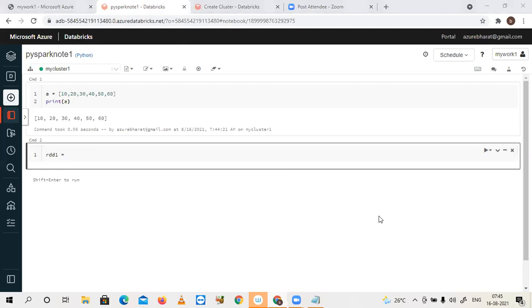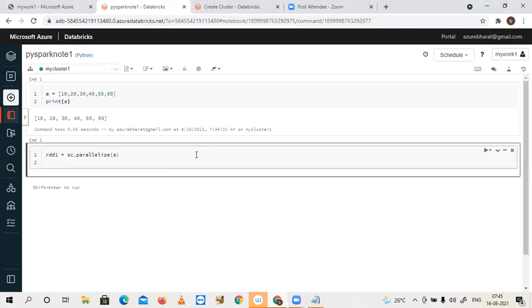So Spark context we can create it. That means parallelize. When you parallelize a local object already created. So the way number 1 we will see as a first part. I'm saying SC, SC means Spark context. Spark context dot parallelize of my local object, which is A. This is the first way.